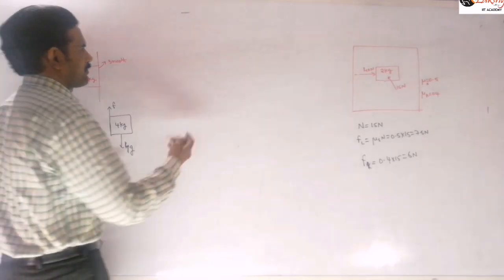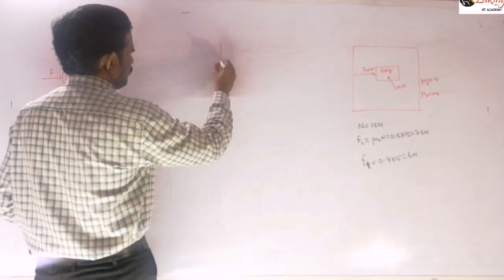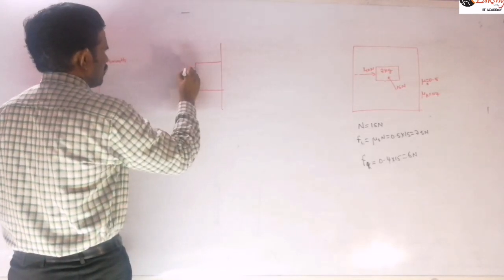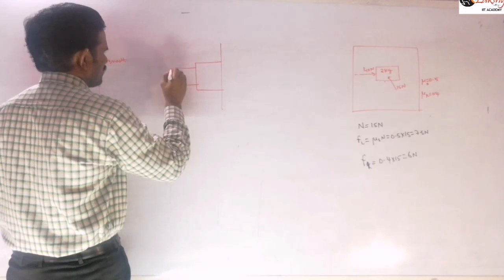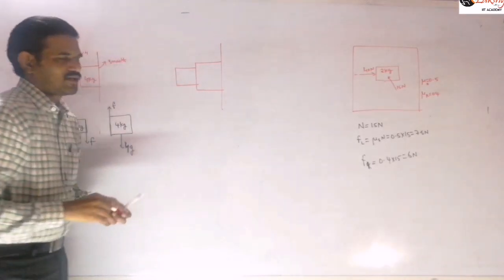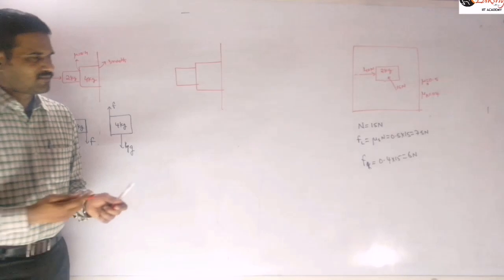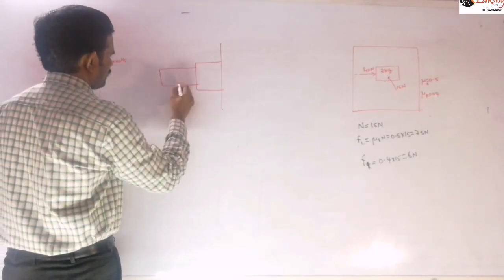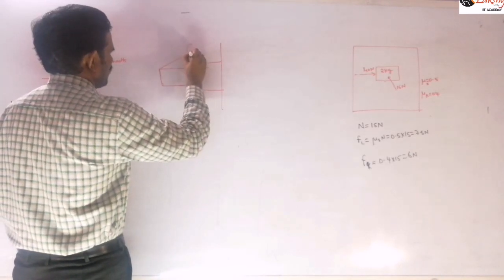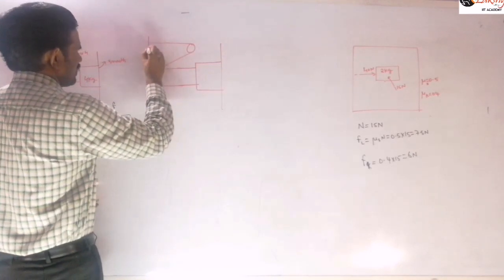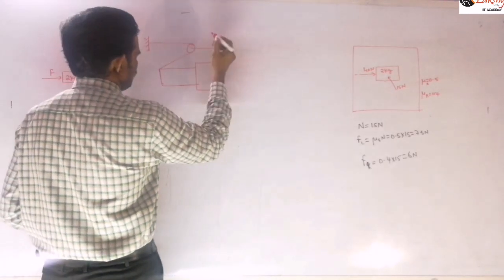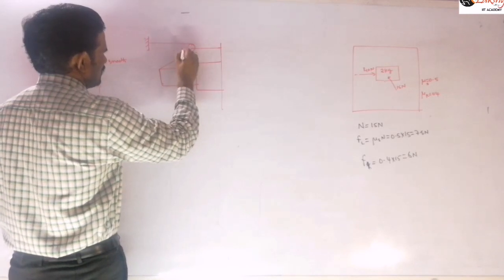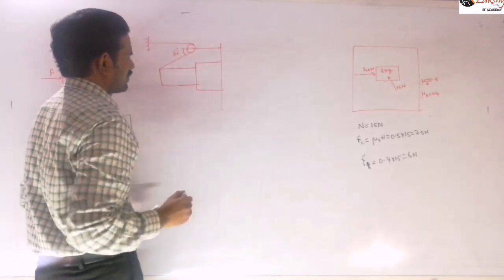Let us take one more problem here. This is a 20 kg block and this is another block I am taking like this. Now here I am taking a pulley arrangement, by connecting some string, with some block like this. I am connecting this block like this. A pulley arrangement is given here. You can consider this angle made with the horizontal as 30 degrees.